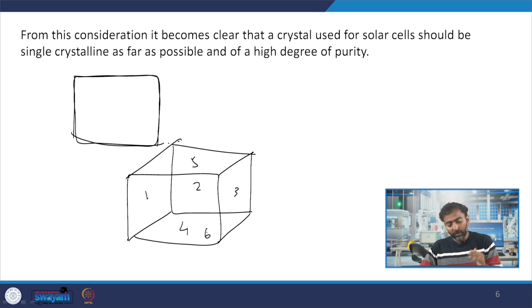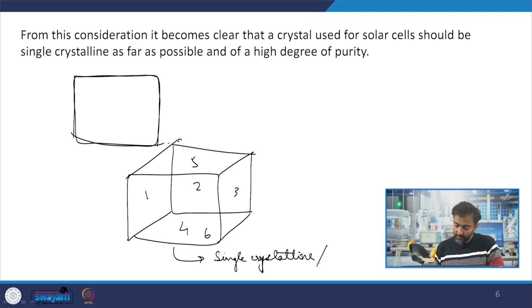But we would not like to have any other crystal surface or boundary within the solar cell. So only the external surfaces of the solar cell should be the surfaces. Within those boundaries, the entire solar cell should be one single crystal. If this entire solar cell is just one crystal, we call this single crystalline, also known as monocrystalline. You might have heard of that name more popularly. So this is a single crystalline or monocrystalline silicon solar cell,